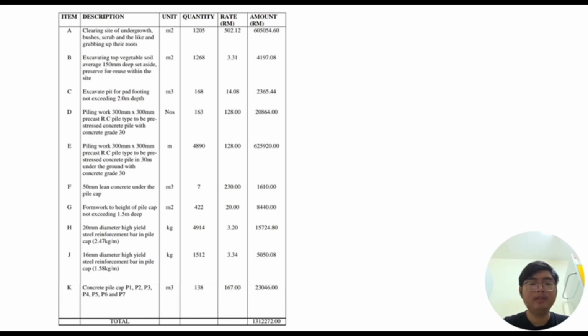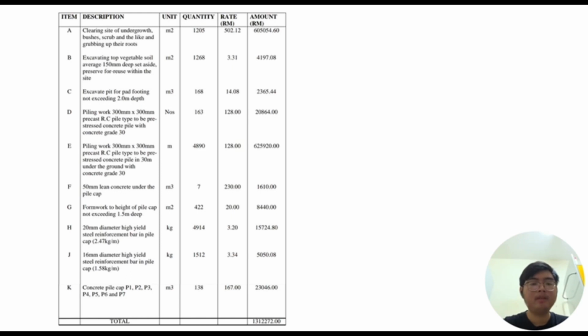Next, for the piling work, 300 millimeters square precast RC pile type, 30 meter under the ground with concrete grade 30 with 4,089 meter long and market rate of 120. The total cost is about 625,000. Next, for the 50 mm lean concrete under the pile cap, 7 meters cubed with rate of 230. The total cost is about RM